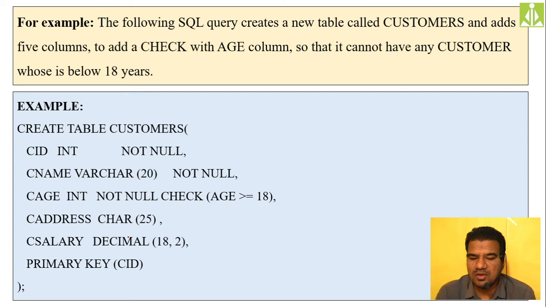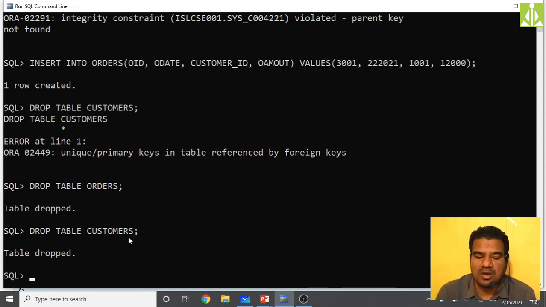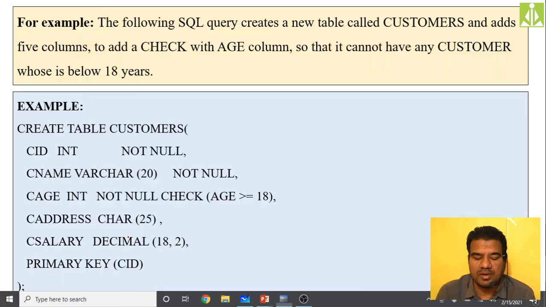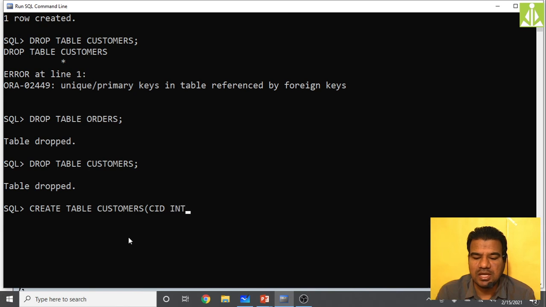Okay, so next thing, I'm creating the customers table, where I want my age to be greater than 18 years. So with the help of check constraint I'm imposing that. So how is it? Create table customers, followed by values. First is CID int not null. Then cname varchar2 of 20, it should also be not null.